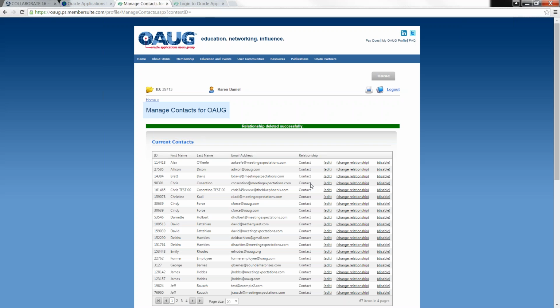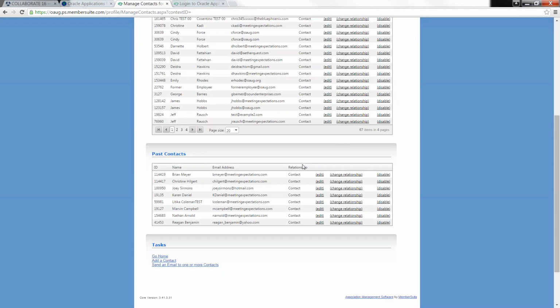If they forget what they've used and they register for Collaborate, for example, with a different email address, they can have two profiles. It's not good, but they can. So either they have two roles within your company or they have two profiles with different email addresses. And we would be happy to help you get that cleaned up. If you can let us know who should be merged into one, we would be happy to help you with that. So, that's all I wanted to show you here.